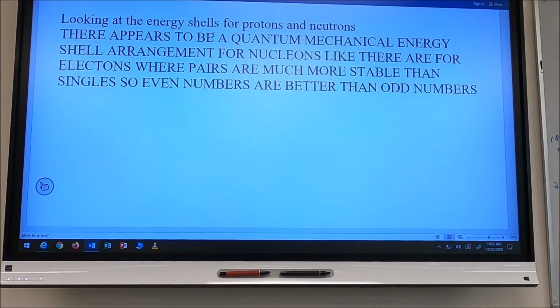Now, when looking at the energy shells for protons and neutrons, there appears to be a quantum mechanical energy shell arrangement for the nucleons, just like there are for electrons, where pairs are much more stable than singles, so even numbers are better than odd numbers. Turns out that when we look